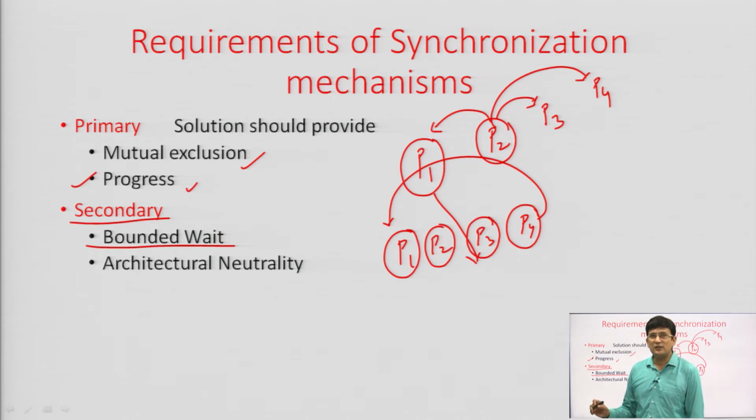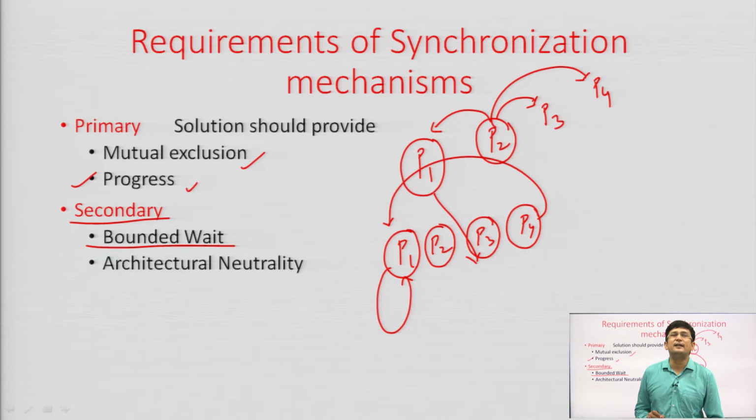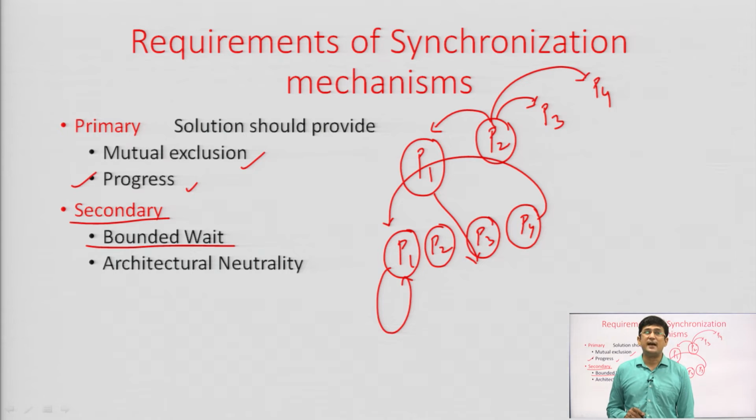Now, if you are devising this algorithm, then we will say that the bounded waiting is satisfied. So, there should be a restriction of time after which a process is guaranteed to get the critical section. It should not happen that one process is interested in the critical section and it keeps on waiting. If P1 is executing the critical section again and again and again, and is not giving a chance to the other processes for the execution of the critical section, then we will say that the bounded waiting is not satisfied.